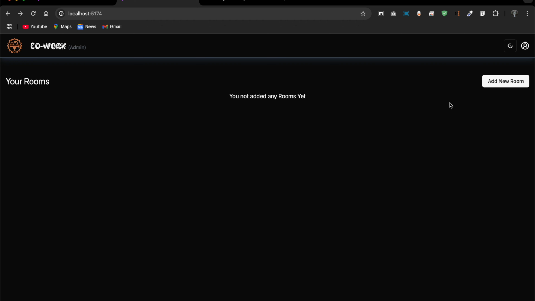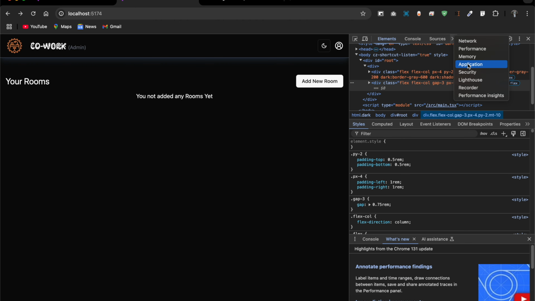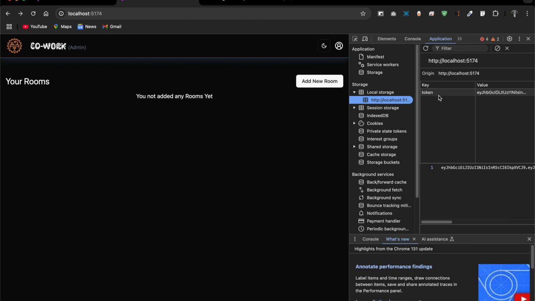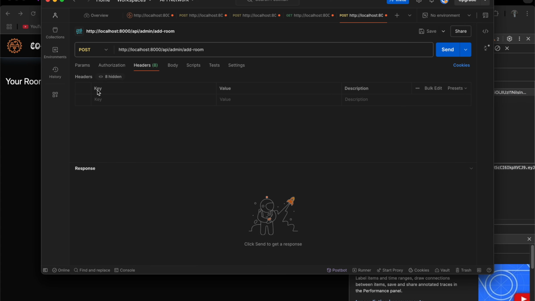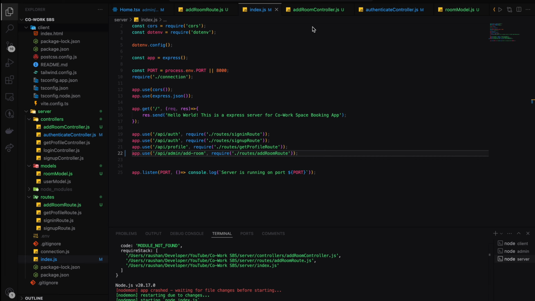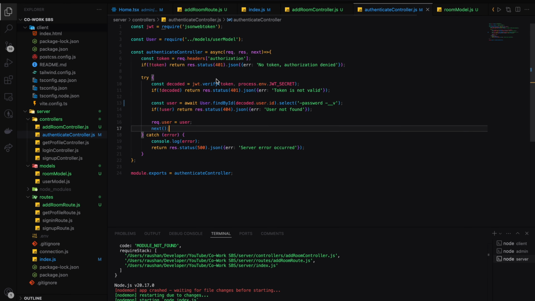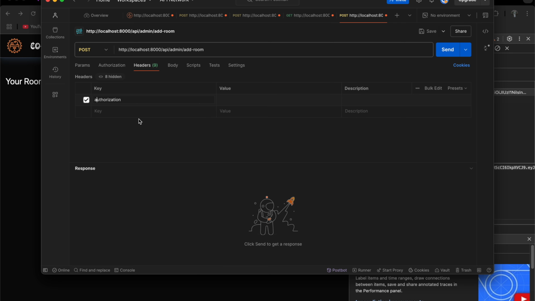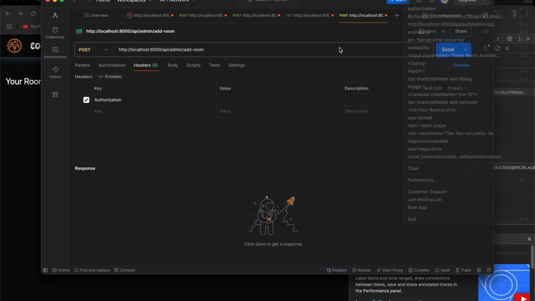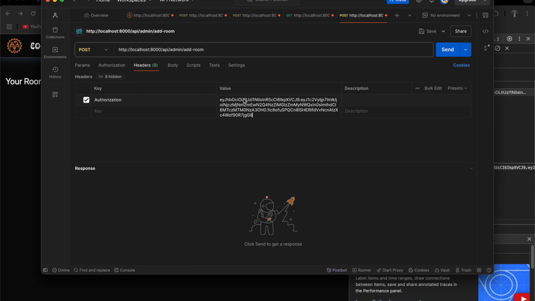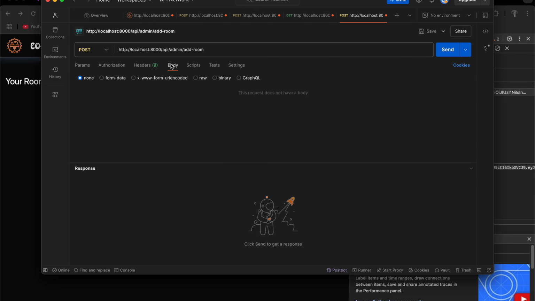So inspect, go to application, and in the headers we need to send the authorization for the authenticate controller. This one is the token, and also in the body we need,